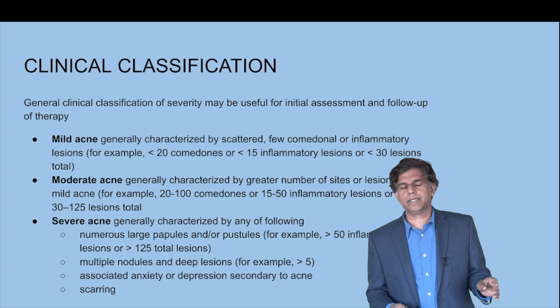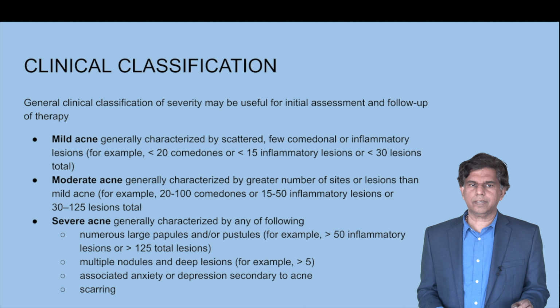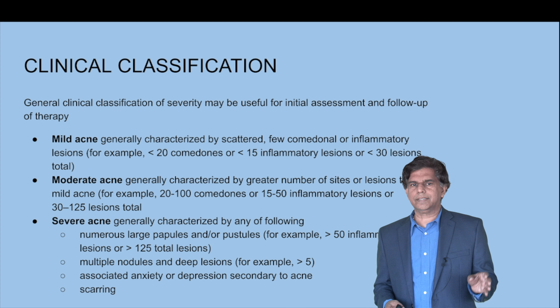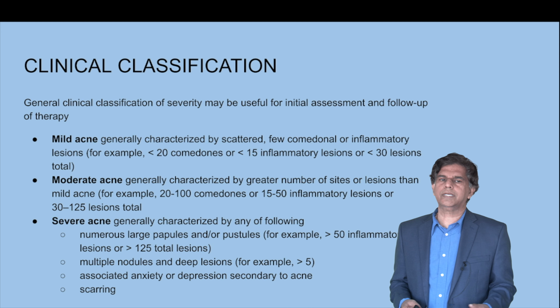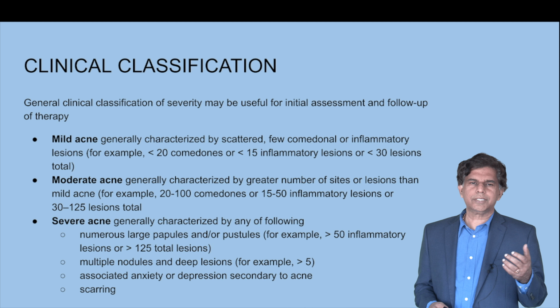And then how do you classify acne? You can say mild acne, moderate acne, severe acne, right? Mild is scattered. There are few comedones or inflammatory lesions, less than 20 comedones or less than